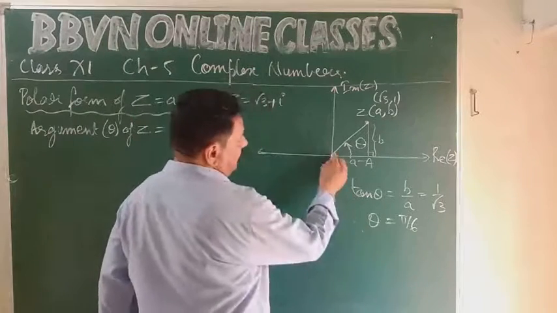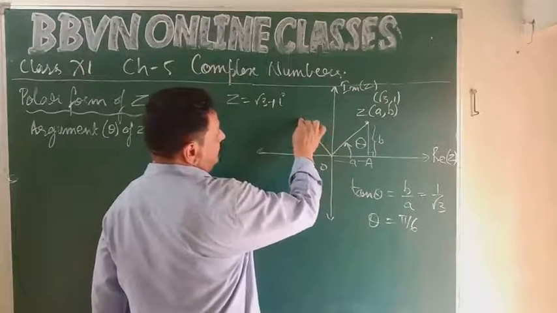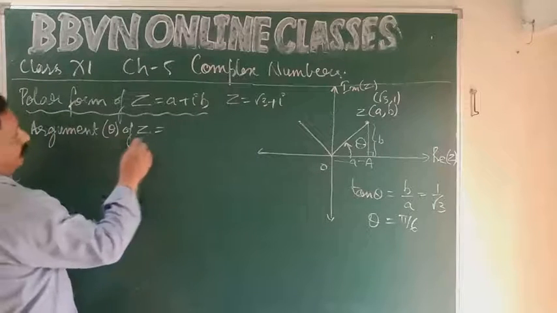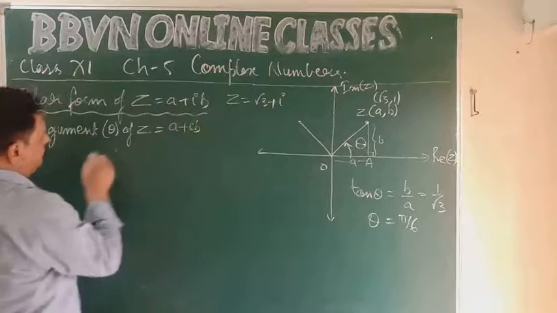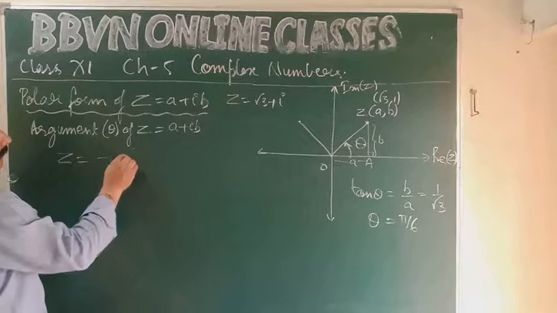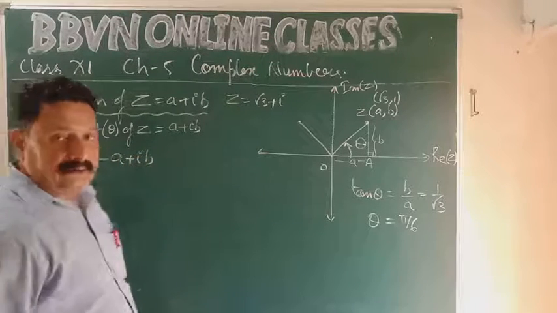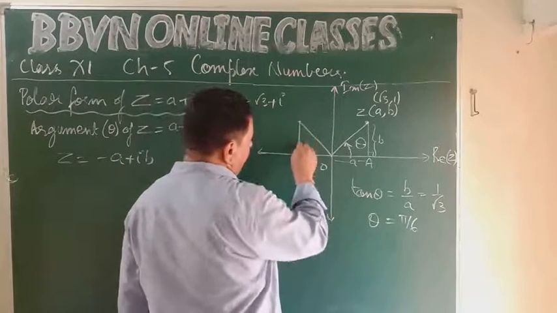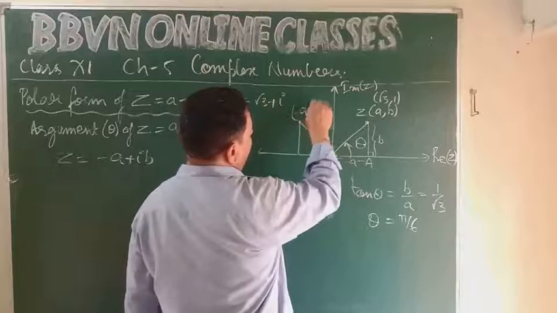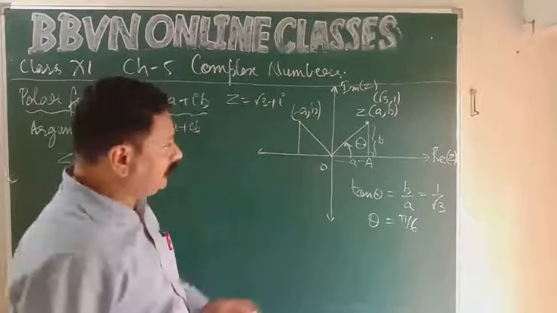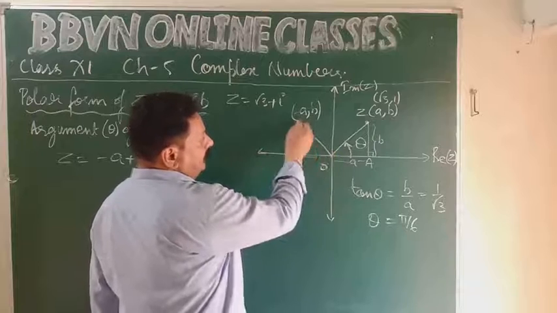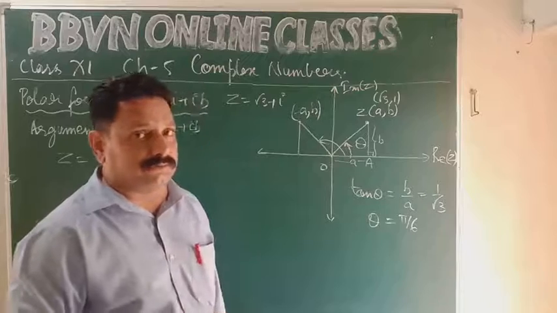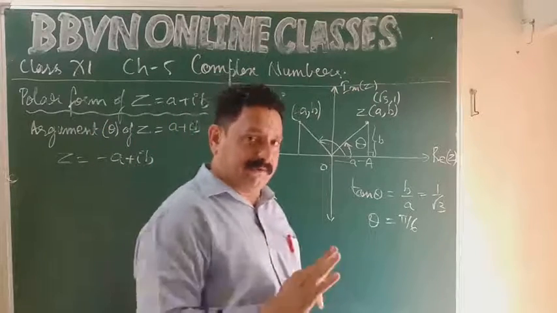So second case में हम आते हैं यहाँ पे कि z, suppose z is in second quadrant. The complex number z is, first case we have referred z equal to a plus iota b. Now second case, z equal to minus a plus iota b. X negative, y positive. Real part is negative, imaginary part is positive. So the coordinates of this point are minus a comma b. So in this case, OZ के बीच में और x axis का anti-clockwise direction angle. Now this angle is obtuse.